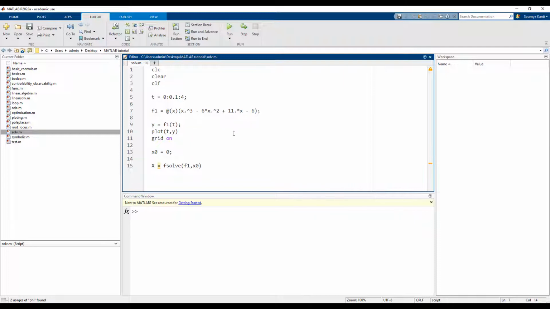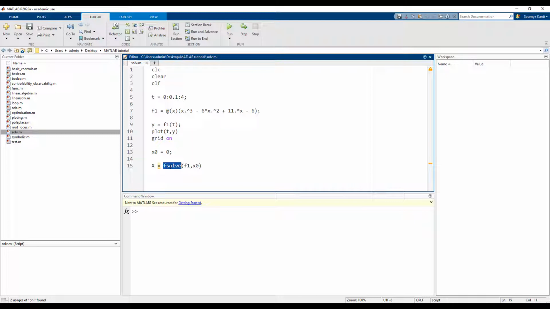So if I pass this t vector in this function, it will do t cube element wise and then spit out the value. So I am defining the function f1 here, and